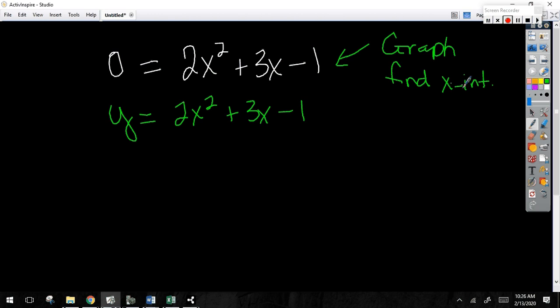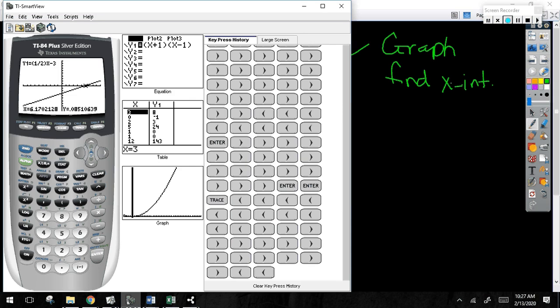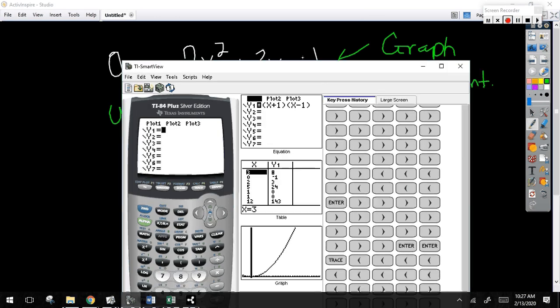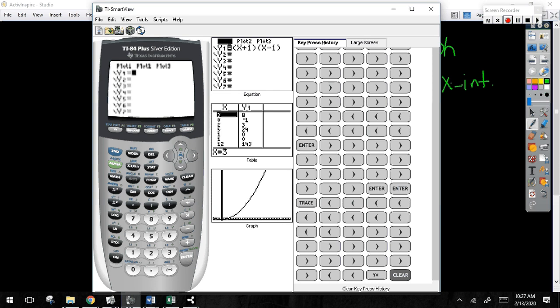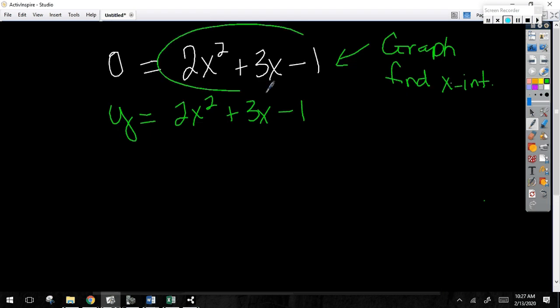So let's do this. Let's see if we can find the solutions to the equation without actually going through and solving algebraically. Now, the first example we did, we solved algebraically, right? We put the 0 in, we added, we multiplied, we found out the value of x. But what we can do is we can just stick it in our calculator and find the second one, right? So I don't have to graph that by hand. I can put it in my calculator. I was just showing you that essentially, if you graph this, what you've done is you've graphed that equation, but you've let y be 0. Okay? All right, so 2x squared